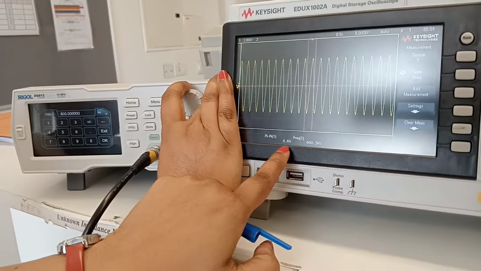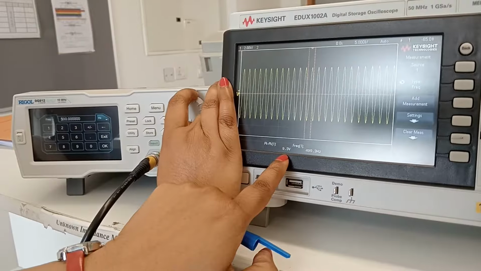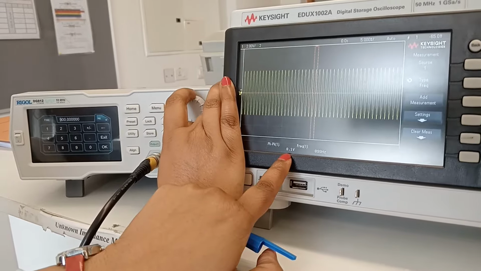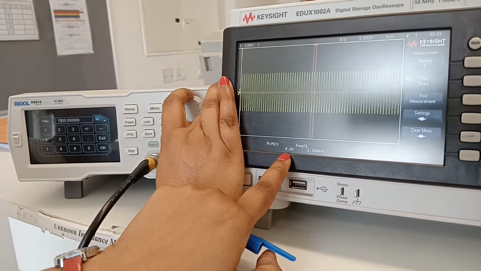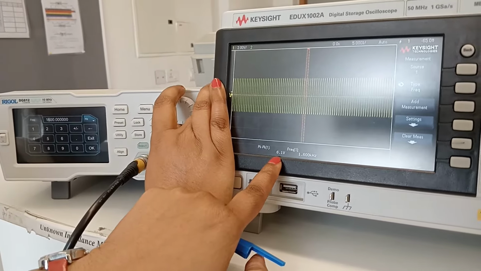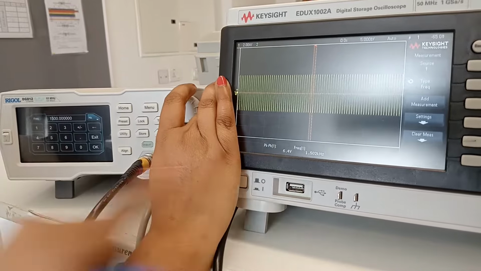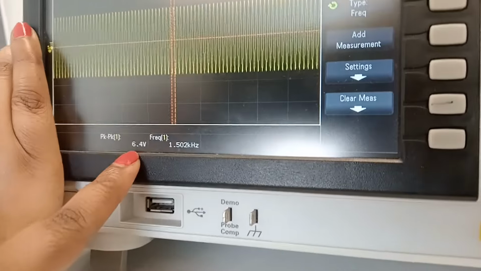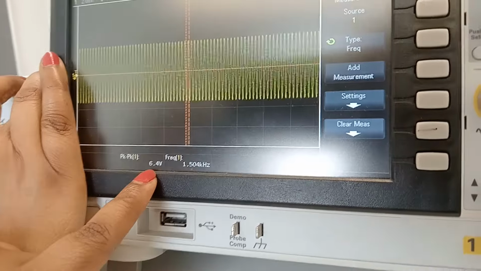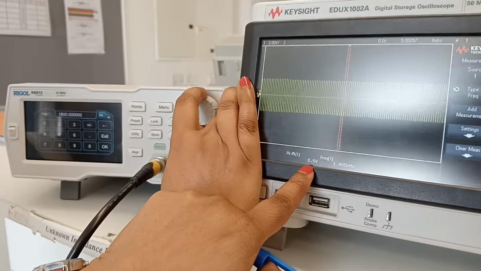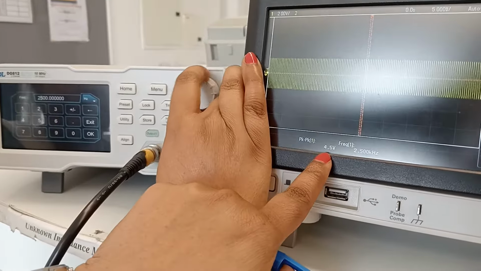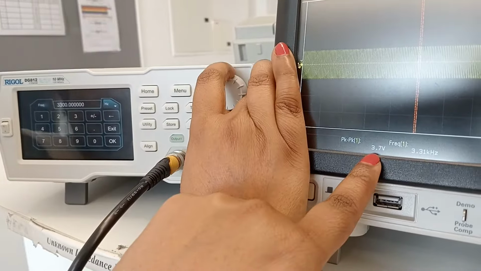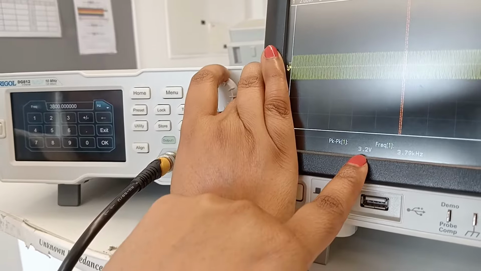I keep on increasing it. 400 Hertz, 9.6. 600 Hertz, 9.1. I keep on increasing the frequency and I can see the amplitude of my output keeps on decreasing. Please notice at 1500 Hertz, here the peak to peak voltage is 0.64. Keep on increasing it and see peak to peak voltage is continuously decreasing. I'm not noting it down, but you have to note down each and every value at all the frequencies.